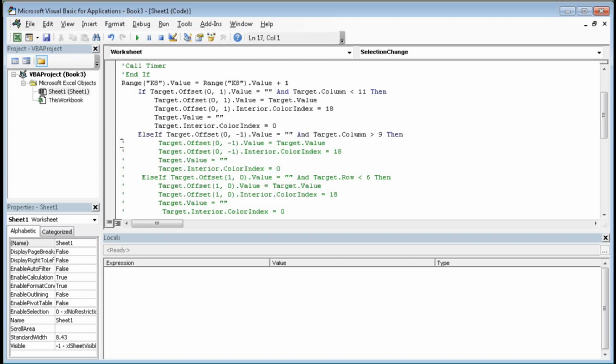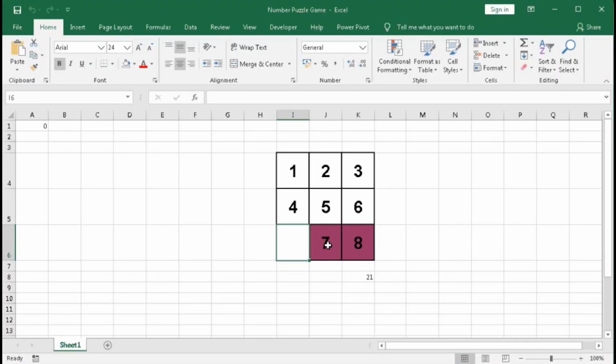So remove all this code. Okay, now let's check it. Click here, you can see the number is moving on the left hand side. So we have created the code for moving on the left side and right side.